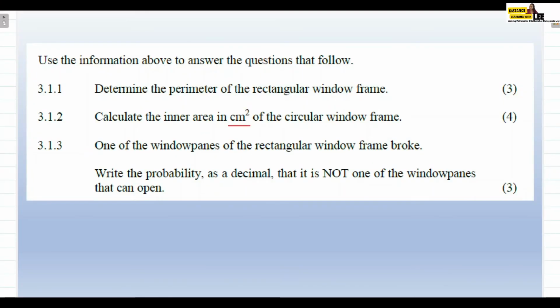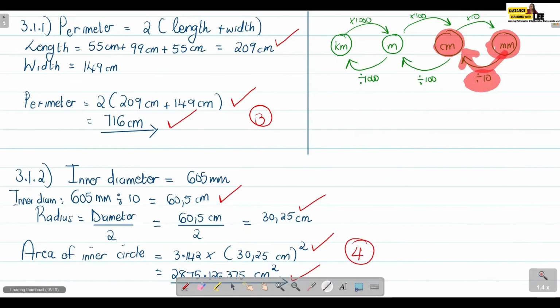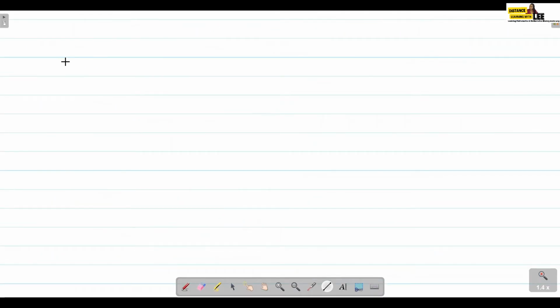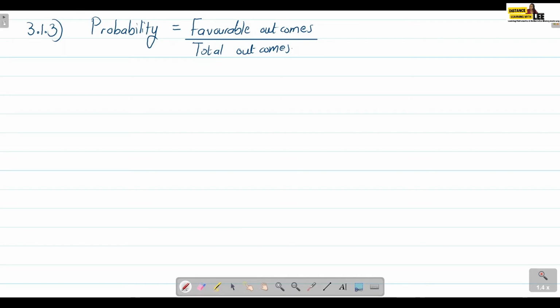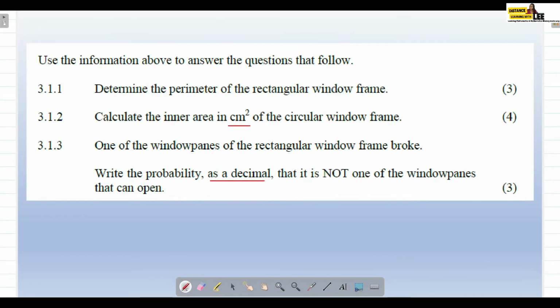Question 3.1.3. One of the window panes of the rectangular window frame, write the probability as a decimal, right? So we need to follow the instructions that are given to us. We need to find out what the probability is as a decimal, that it is not one of the window frames that can open. Okay, guys, remember, I'm always going to say this: when you're calculating probability, probability is equal to, so in this case, we want to find the probability that it is not one of the window panes